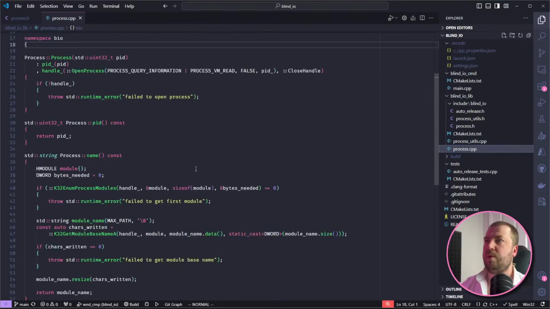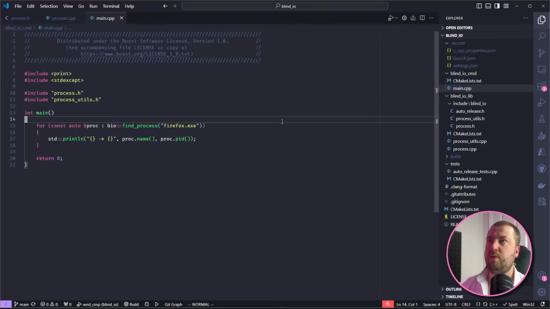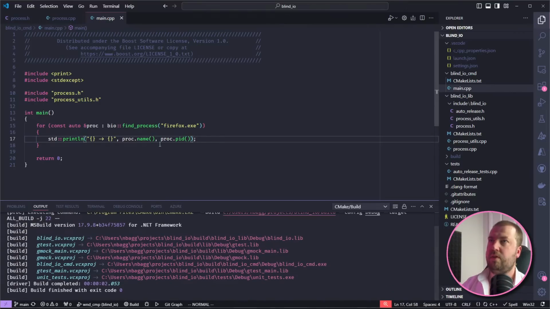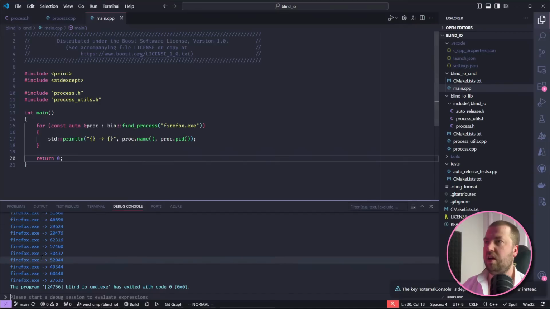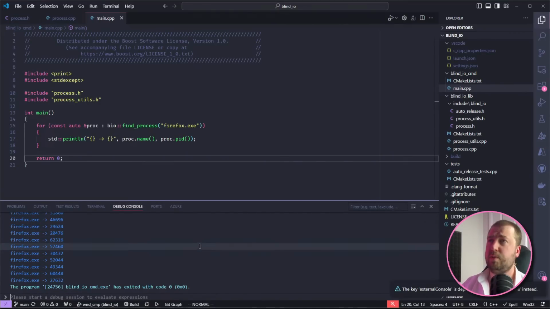So we basically just drove the Win32 API to achieve this result, and then we wrapped it all up into this is how we drive it. So we can search for a process, so anything that matches Firefox.exe, and then we can loop through any process that matches that, and then we can get the name, which is Firefox.exe, and then the PID. So that's what we did last week.